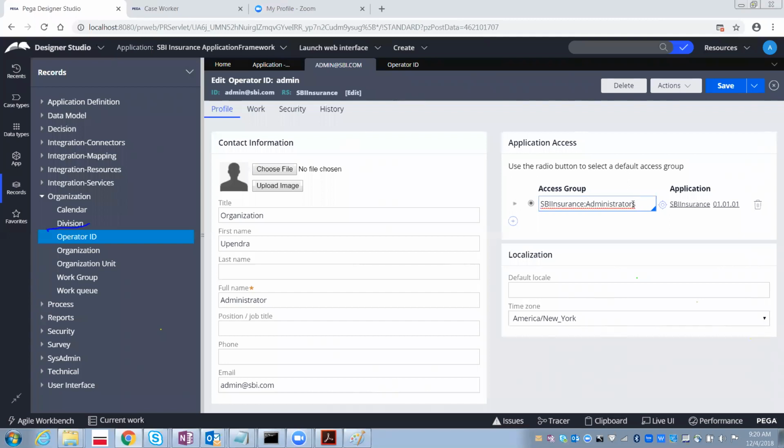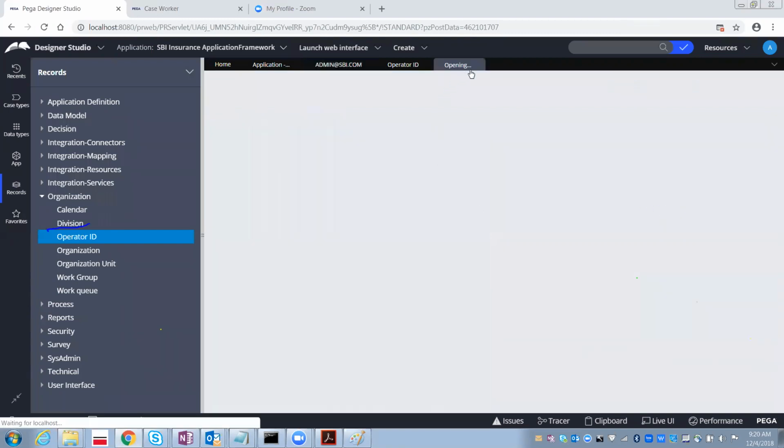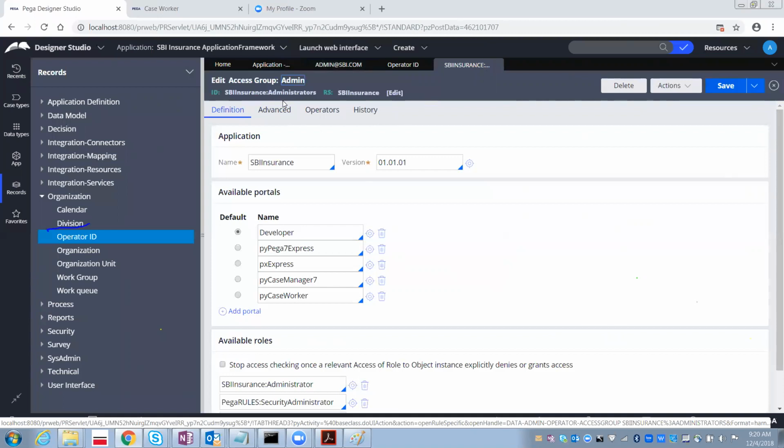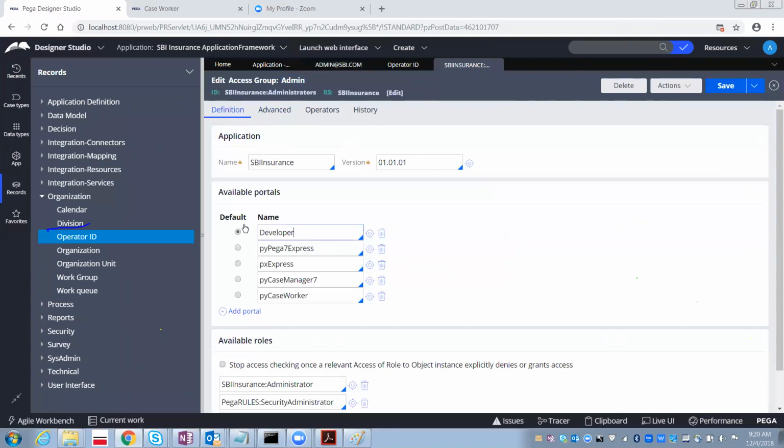Okay, so if you want to see what exactly this access group contains, you can have something called open icon here. Okay, this is the open icon. If you select this open icon, it will open another tab with the access group. See, here it is showing available portals for this particular operator ID.